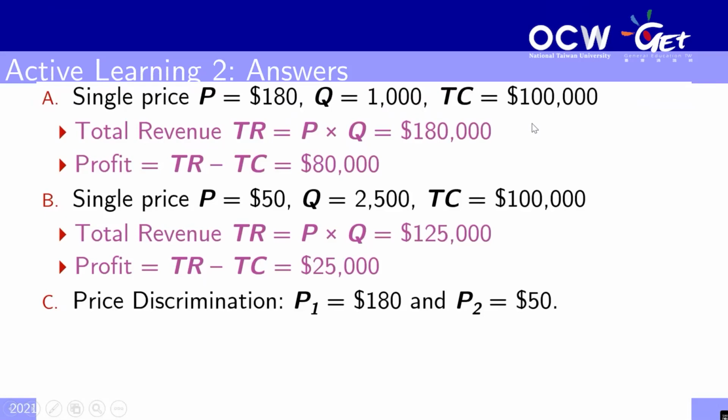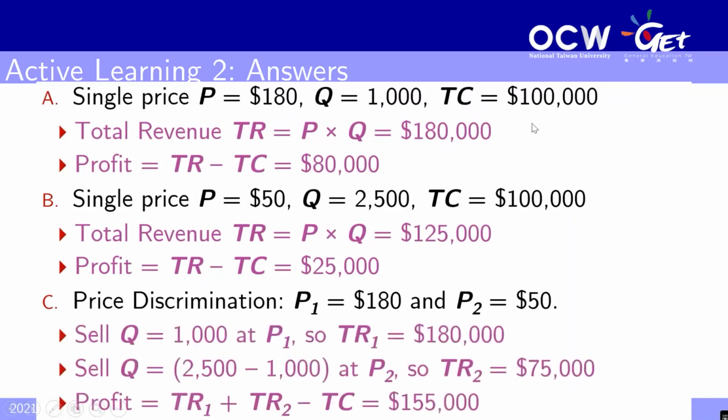Of course, this assumes that you are able to identify who are the high willingness to pay customers and who are the low willingness to pay customers. So what this means is that you sell the first 1,000 tickets at $180, so you get $180,000. Then you sell the remaining 1,500 tickets at the $50 low price point, and so you get $75,000. So your total revenue is the sum of these two, so that's $255,000 minus the $100,000 cost, so you're earning more than $150,000. You're actually earning